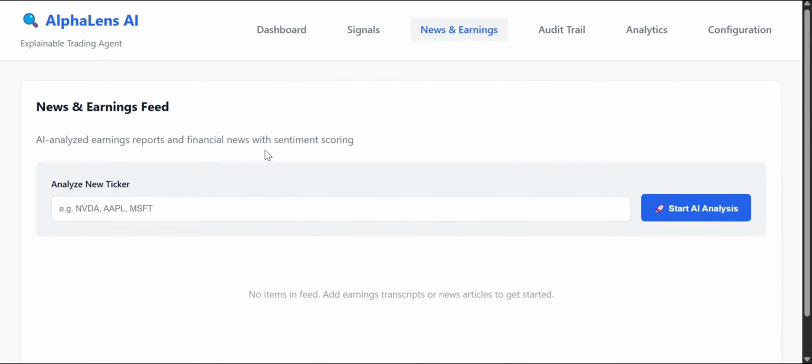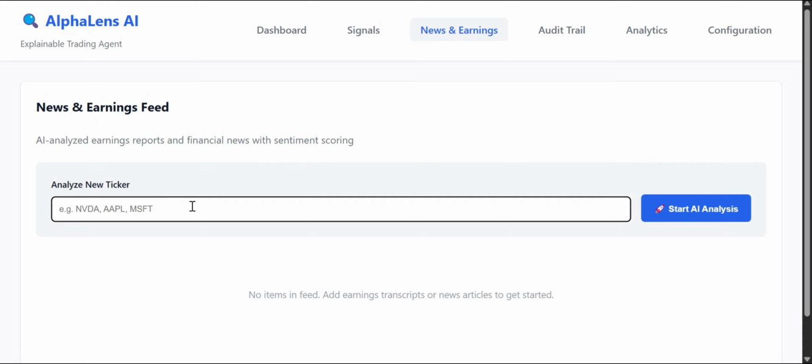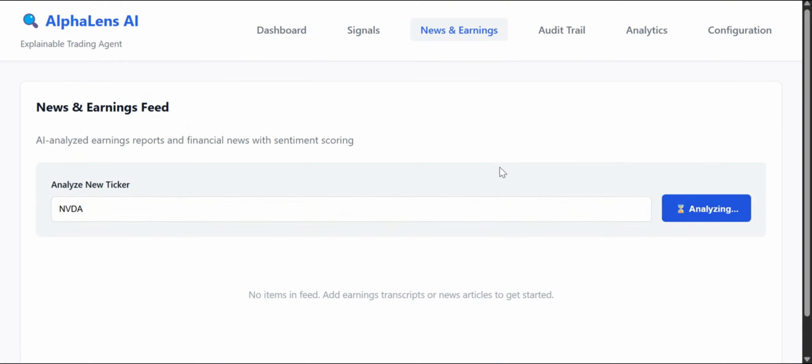So here I'm going to search Nvidia. I'm going to use stock market of Nvidia, and then we start AI analyze. So it's going to analyze 3 websites. That's polygon.io, Alpha Vantage, I think. Yeah, almost 3 websites to get the news, and then the news will now be transferred to Gemini to check the rules, to check the risk rules, to check the guidelines rules, and then if it passes, it's going to display the news down here, and then we are going to have the signal also, so whether to execute the trade or to reject the trade.